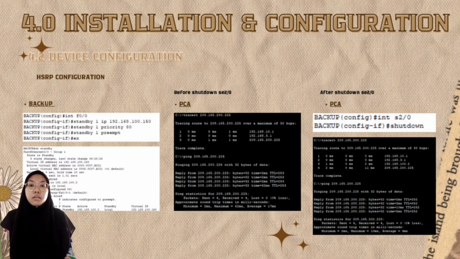This means that our HSRP service works, because if one of the routers is shut down, it will use a different path to go to the destination.